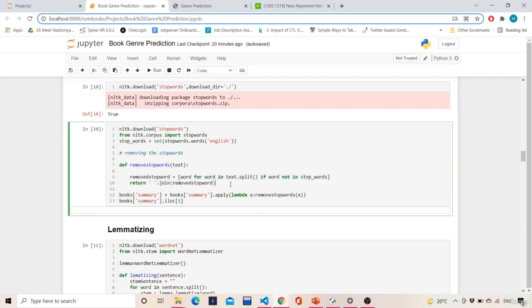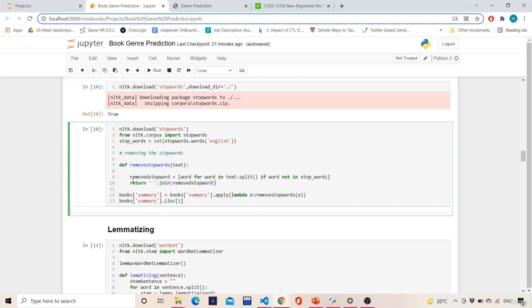Text.split basically splits the text into words, and for every word we check whether that word is present in the stop words or not. If the word is not present in the stop words, then only we will use that word. Otherwise we will not use the word. So this is how we remove all the stop words, which is why it is named remove stop words. After that we will join all the words to make a sentence using the join function, so that all the stop words are removed.